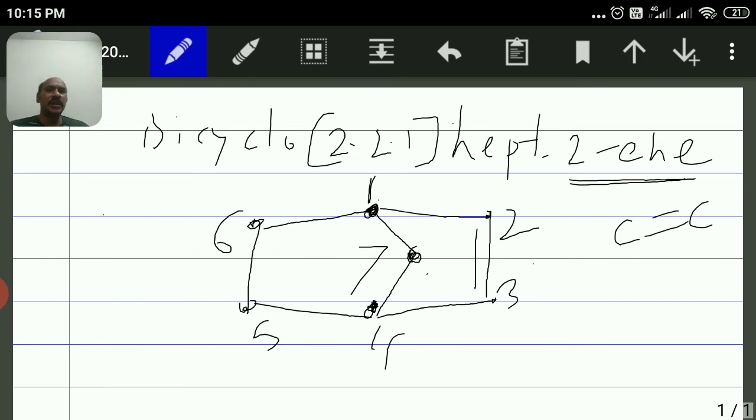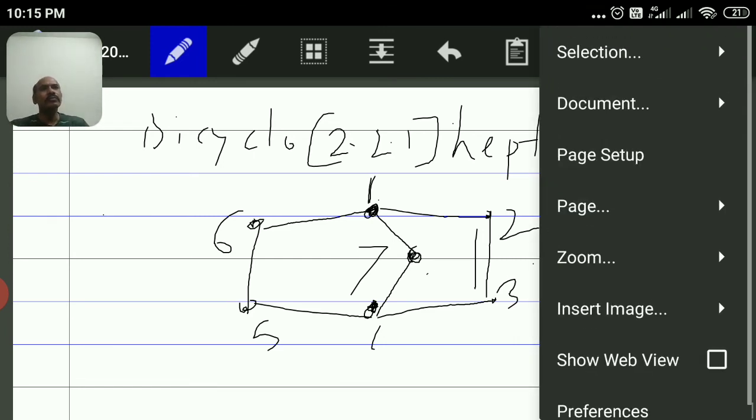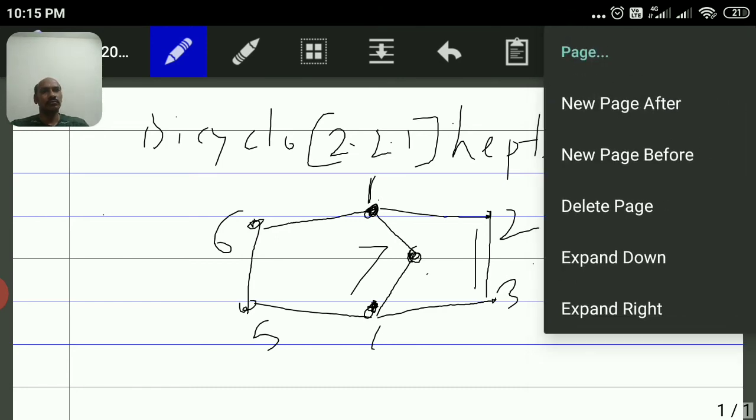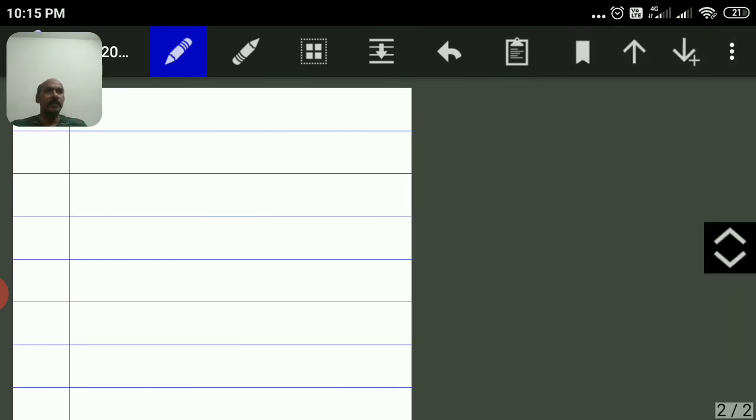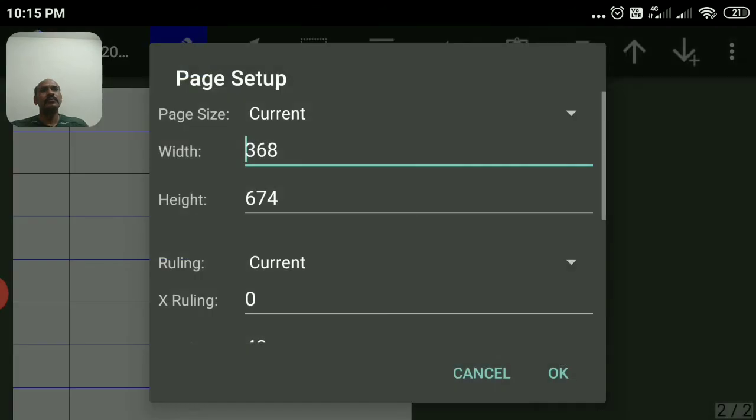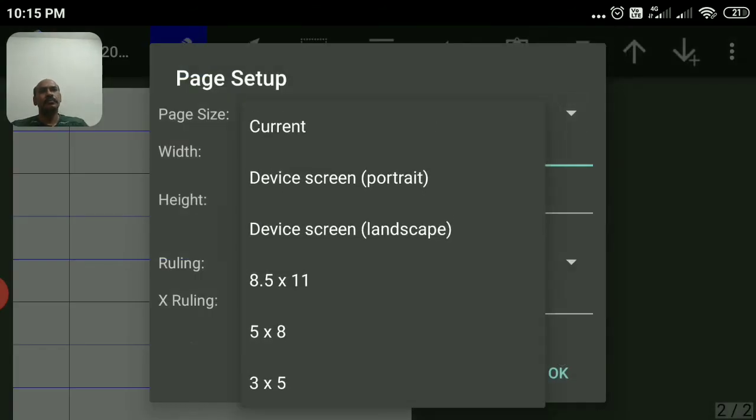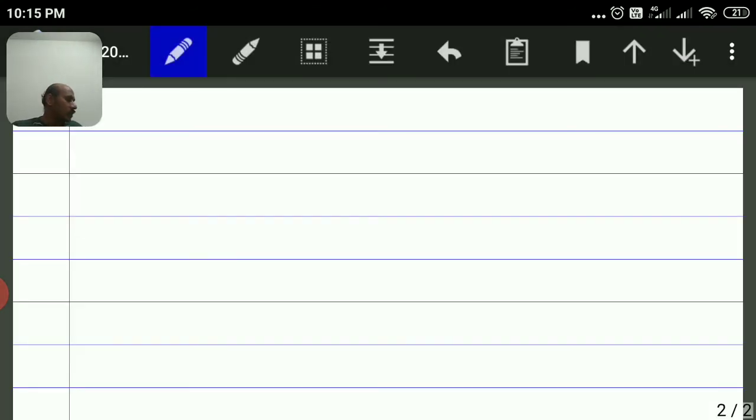So this is the structure for bicyclo 2.2.1 hept-2-ene. We will proceed to the next example. Now the example here is